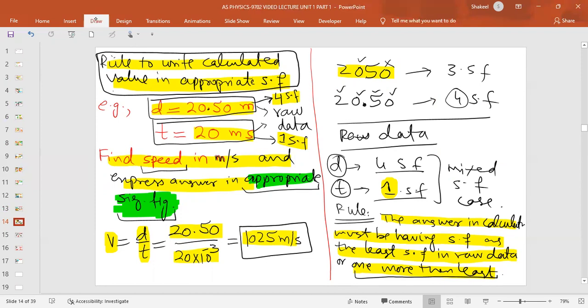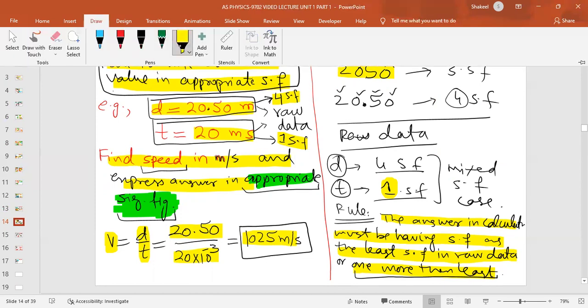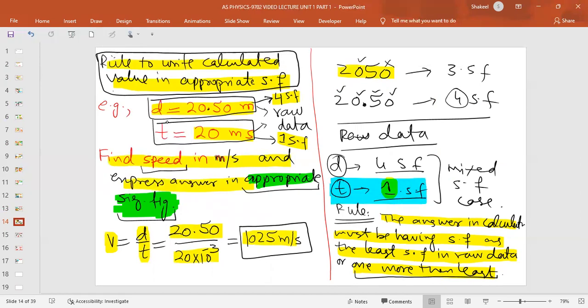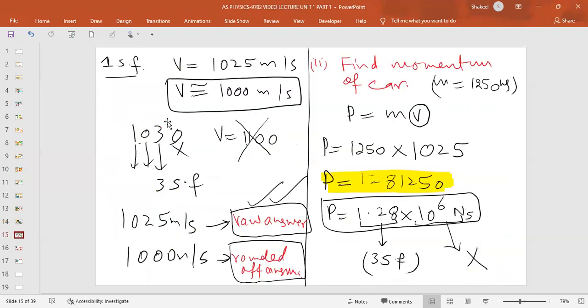So it means that you have to write the same significant figures in your answer as the least significant figure in your raw data, or you can write one more than least. So least is 1, so you have to express your answer in 1 sig fig or in 2 sig fig. In 1 sig fig, you can round off this value to 1000, and in 2 sig fig, you can write that to